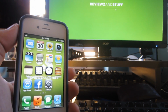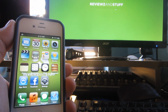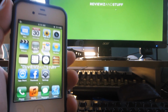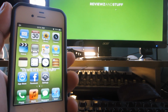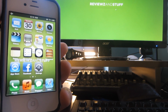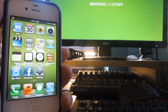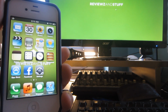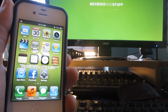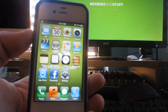In this video I'm just gonna briefly talk about these Cydia apps that make my iPhone mine and nobody else's, because I like to keep my iPhone plain and simple, not that many differences. And as you may have heard, the iPhone 4S and iPad 2 jailbreaks are out, so you can go on and do that. And I probably will have a tutorial on how to do that in the near future, but now I'm just gonna talk about these 5 tweaks that you could get from Cydia to kind of help you